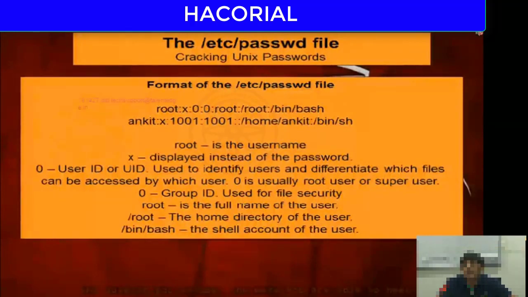So for every account, the second column is where the password should be stored. But the password is not stored in the /etc/password file. So instead of the password, you have X being displayed. After that, you have a number. If it's 0, then it usually means it's a root user or